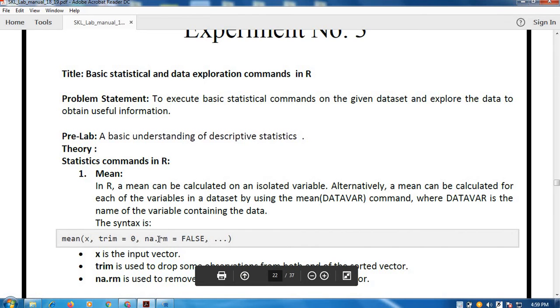In that case, whatever entries you have not made for a particular attribute are considered blank, and in terms of R that is considered as non-applicable values. If we consider those non-applicable values for finding the mean or average, your average suffers. Generally if any single value is non-applicable in your data set, then your mean also comes out as NA, and you actually get a false result.